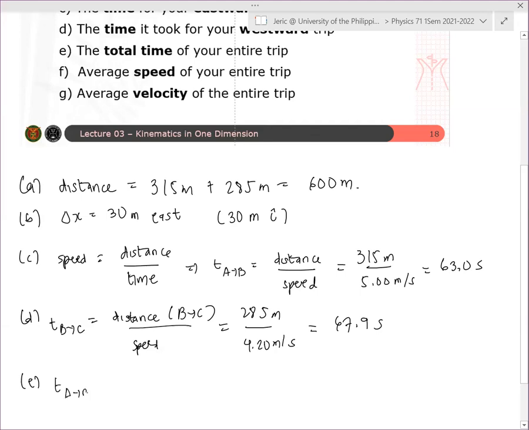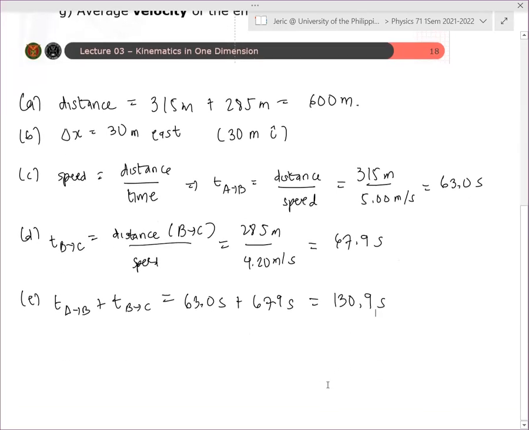So time from A to B plus time from B to C is just equal to 63.0 seconds plus 67.9 seconds, which is 130.9 seconds. This is just the total time of your entire trip. Nakuha to? Yes, sir. Yes, sige. And then letter F,